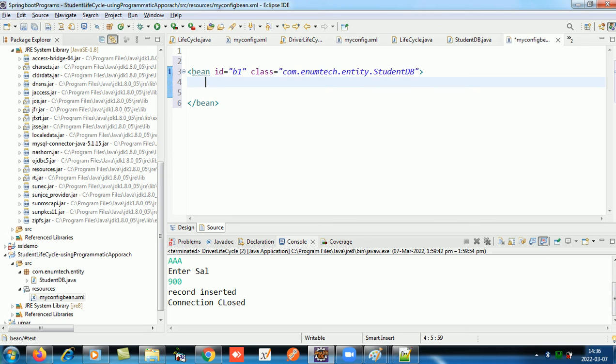How many properties are we assigning to this? We are assigning it four properties. So let's start with the first one. Property name equals, first was dname, if I'm not wrong. dname, and what value do you wish to give to dname? So let's give it value as